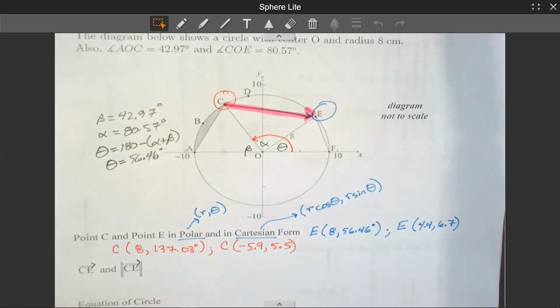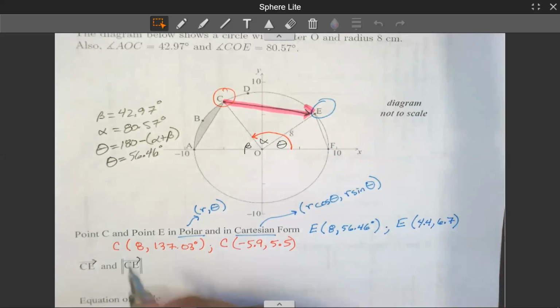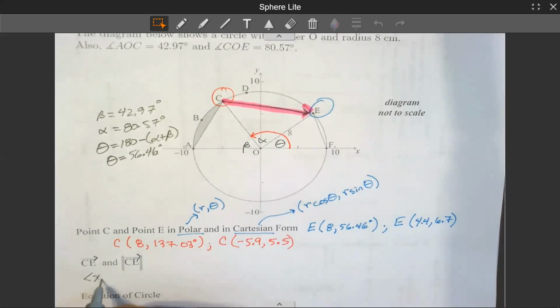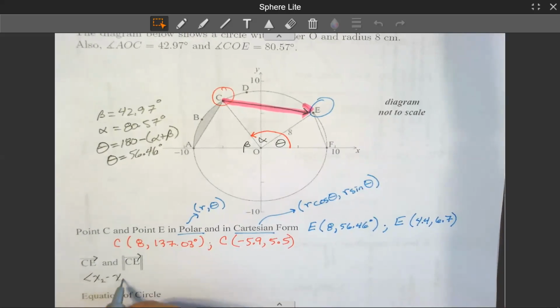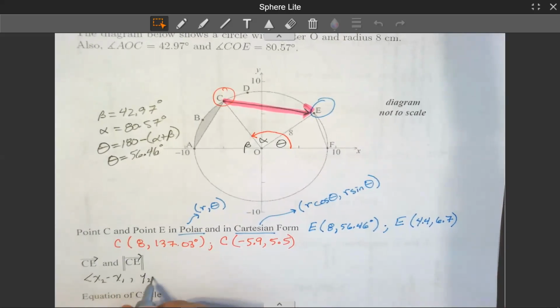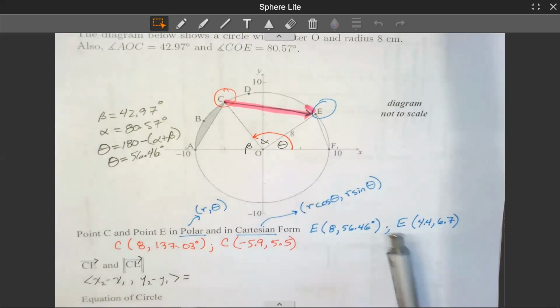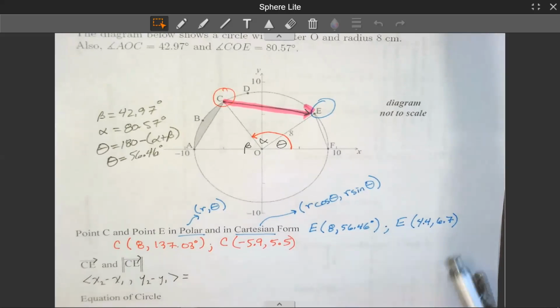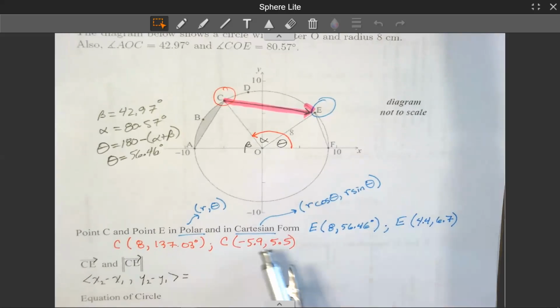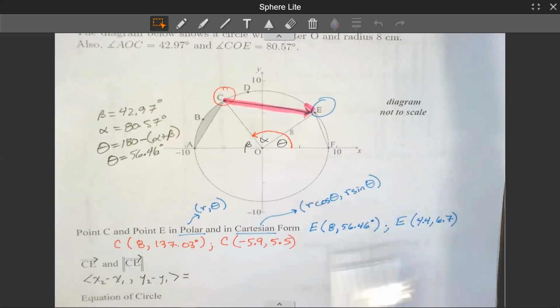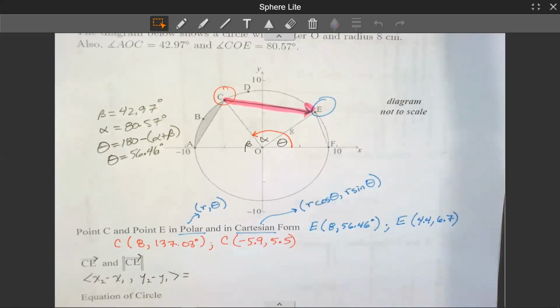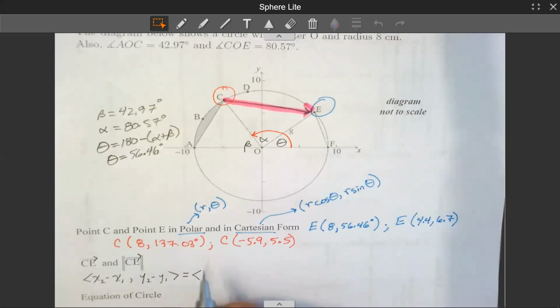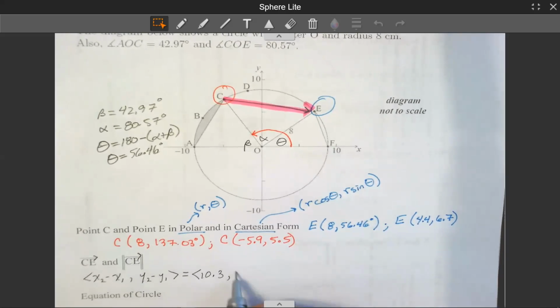Well, in order to know about that vector, the component form is x2 minus x1, y2 minus y1. So I would have 4.4 minus and 6.7 minus, because I'm going from C to E. If I put that into my calculator, you should get 10.3 and